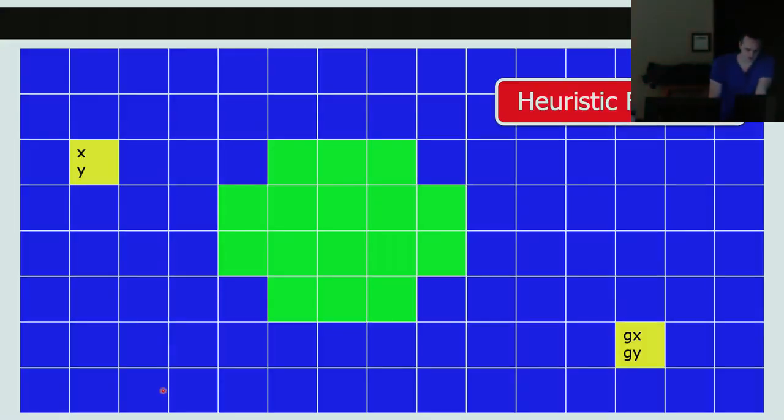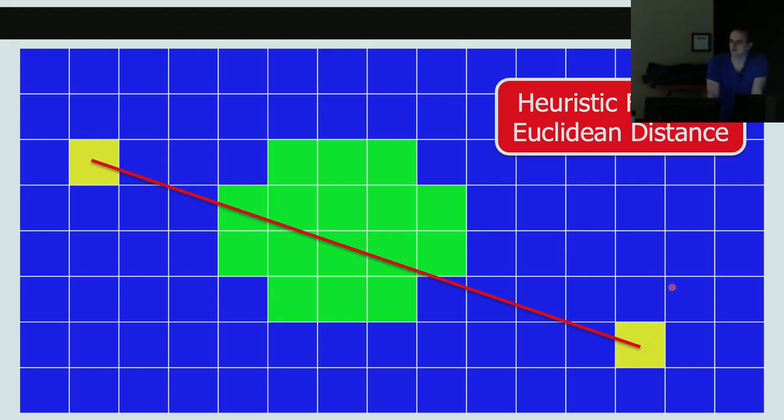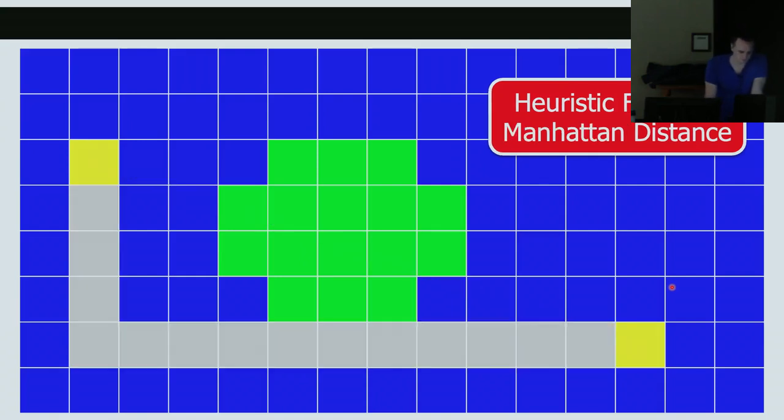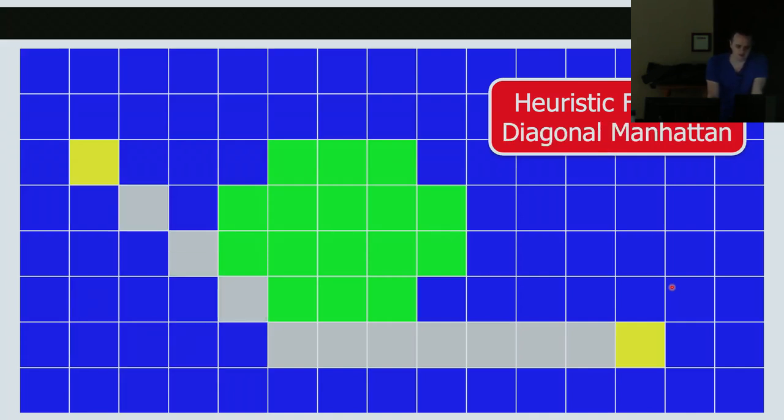So again, in visual terms, if we have a current xy and a goal xy, then this is the Euclidean distance. That's literally just Pythagoras, square root of whatever. Here we have the Manhattan distance. This is really easy. You just take the absolute value of the difference in x's and y's and add those together. The diagonal Manhattan distance,